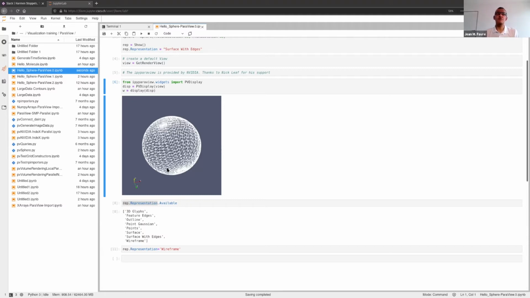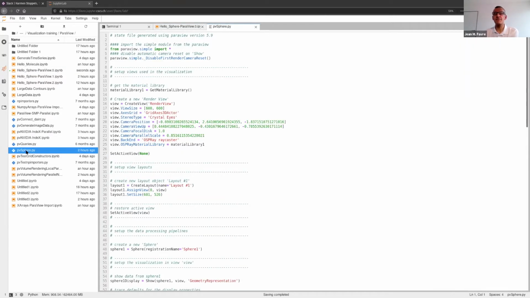Now, your first question should be, okay, I have a desktop application. How should I go from the desktop version to the Jupyter Hub version? So I have made here the same example this morning, which is this Python script, which the desktop application created for me. And we're going to look at just a few of those lines of code here. This is quite detailed, but we have here the from ParaView import statement. We have here the create view